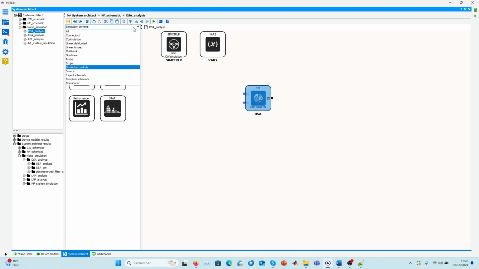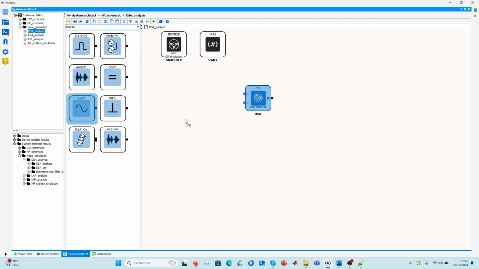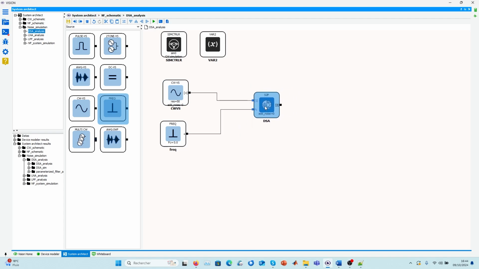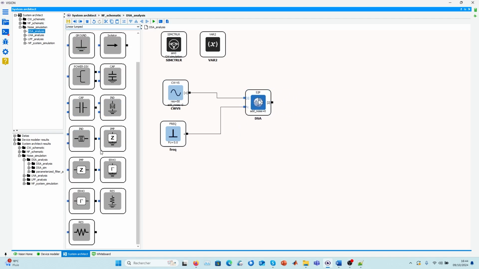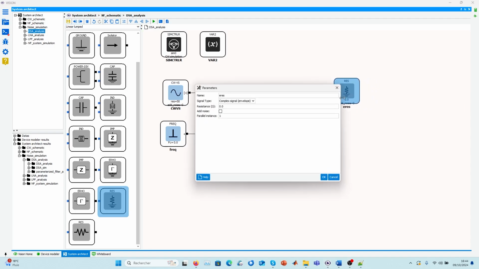We're adding a source. It's going to be a CW simulation. Then a frequency source. And then we're adding impedance at the output of the DSA with 15 ohm